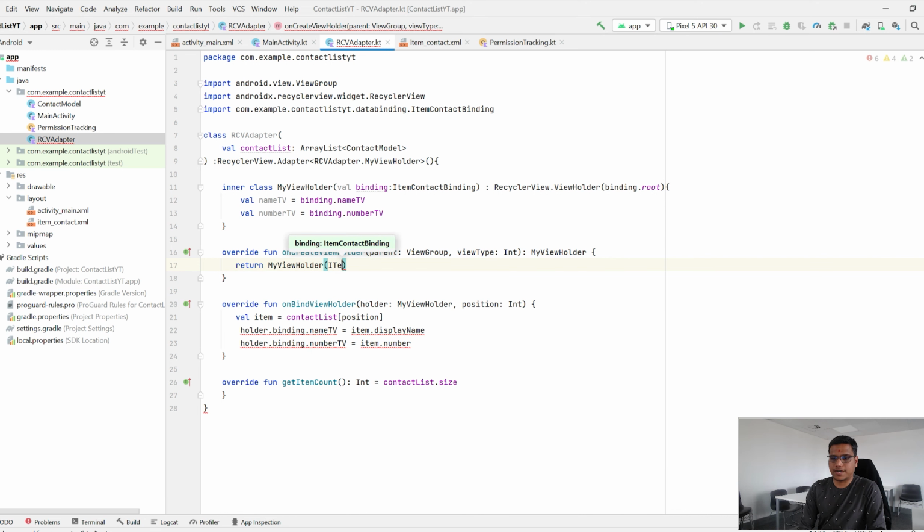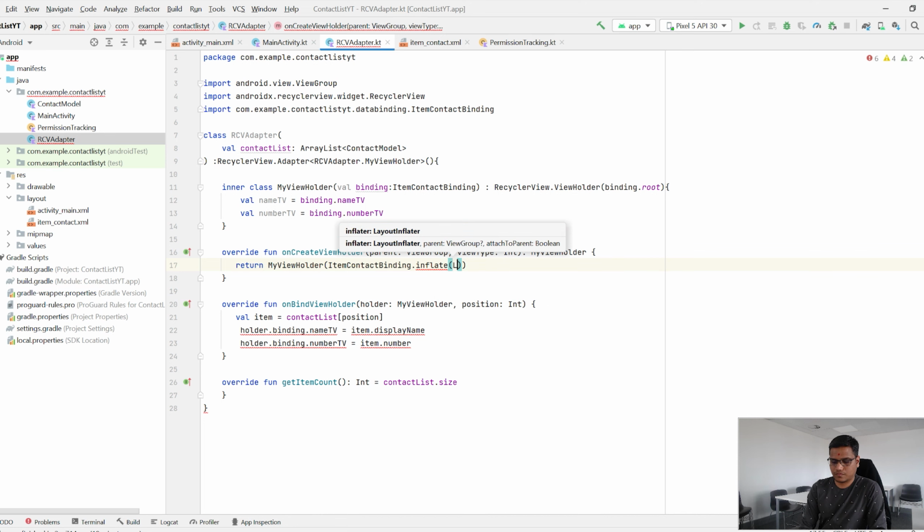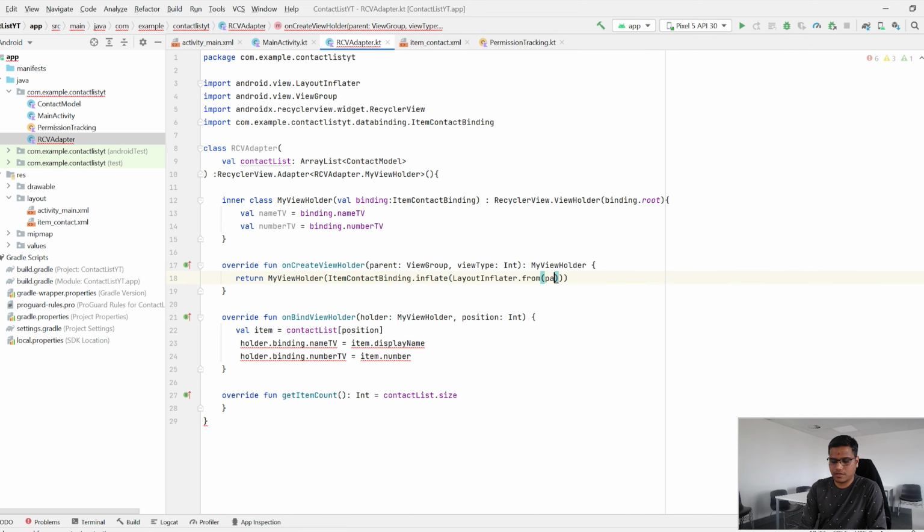dot inflate, and we can use layout inflater dot from parent dot context, and we will have parent, and we don't want this to be attached to root. So yeah, that's it for our